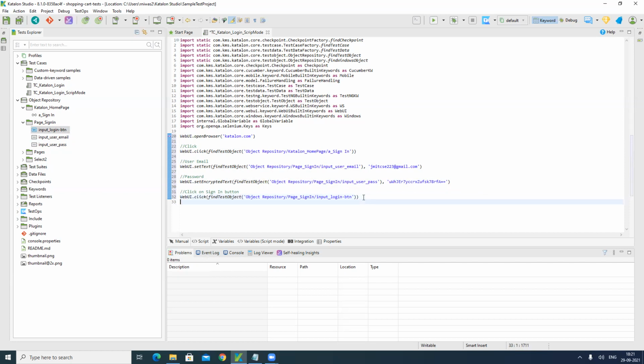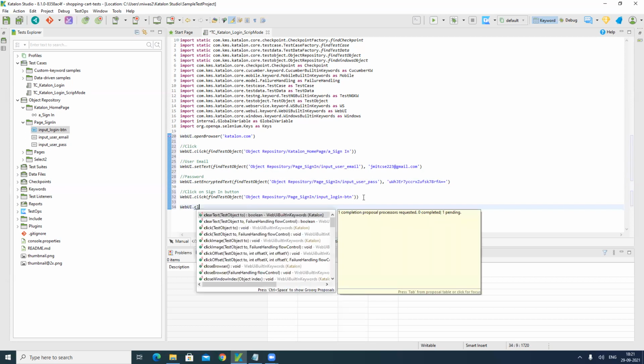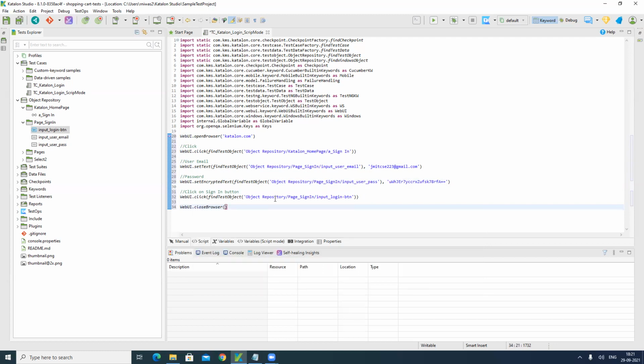After that, we are going to close our browser. So WebUI dot close browser. So our script is ready. So let's try to run it in the Chrome browser.